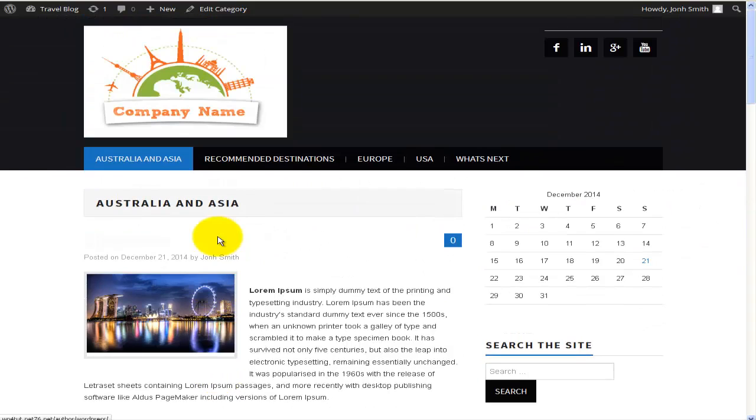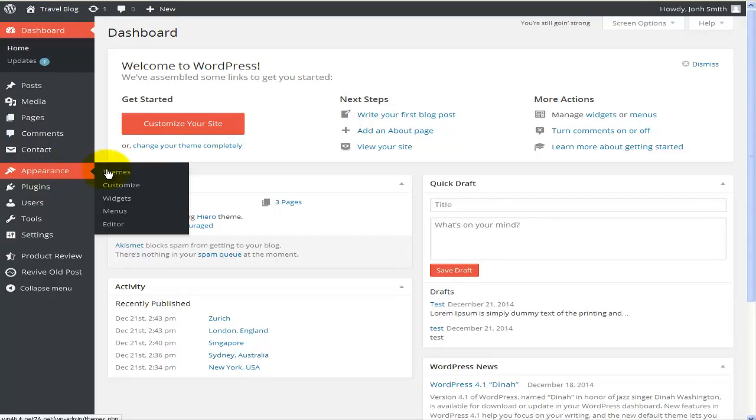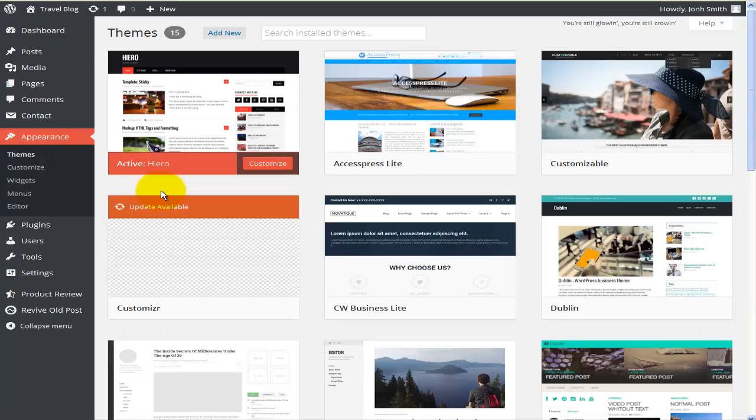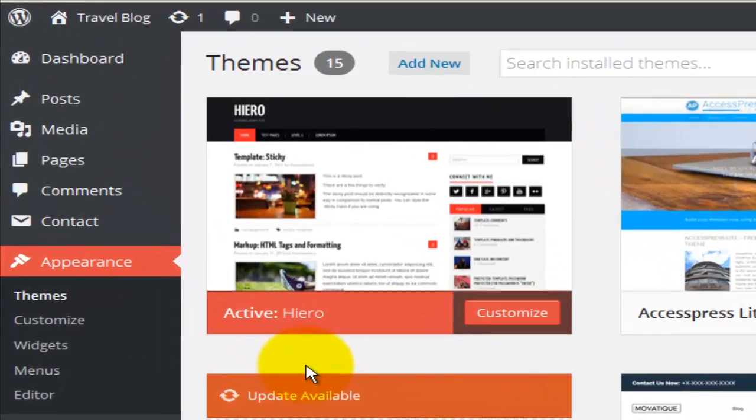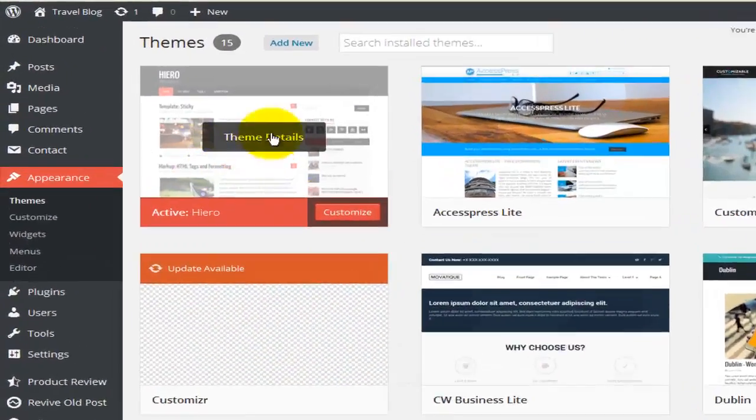Okay, so let's go back, and first of all, like I said, we will have to install a theme. If we go to appearance and select themes, we will be shown all the available themes on our server. Now the one I have chosen is this Hero or Hydra, or however you want to pronounce it. And once again, to add a new theme, you would go to add new,